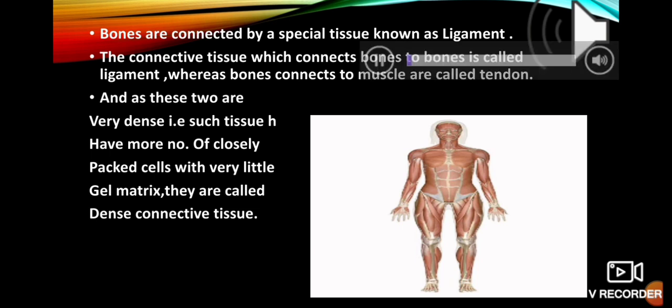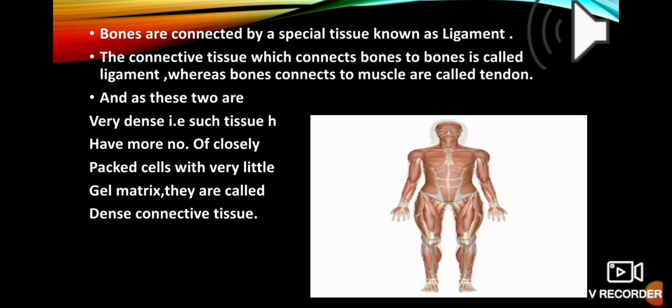So the type of connective tissue which joins bone to bone is known as ligament, while you can also find muscles in the body. If only bones were present, then in time of damage the entire body would collapse. So the requirement of muscle is very important in the body. Muscles give a fluffy appearance to the body and they also protect the bones. So muscles are present between the bones also.